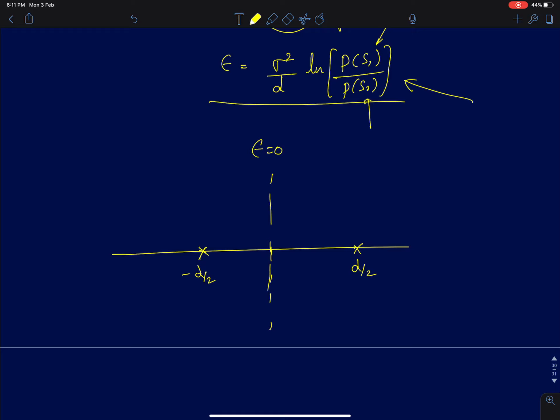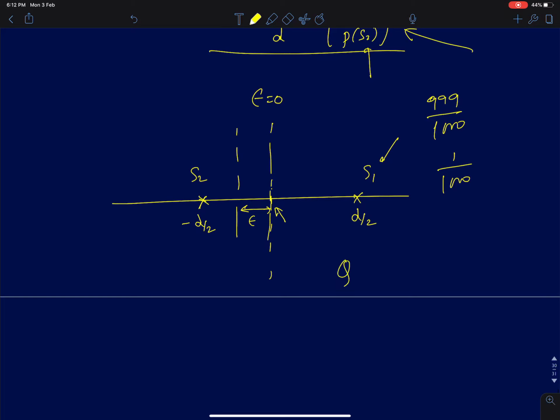For non-equiprobable symbols, say S1 and S2, you have to keep the threshold slightly away from the origin. And that should make sense, because for example, let's assume S1 is occurring most of the times. Let's say the probability of S1 is 999 by 1000 and S2 is just 1 by 1000, which means almost all the times you are going to get only S1. So instead of choosing this as the threshold, I choose some other point away from it,